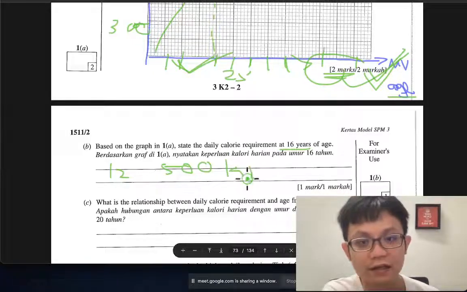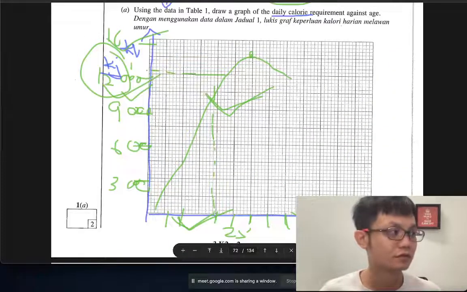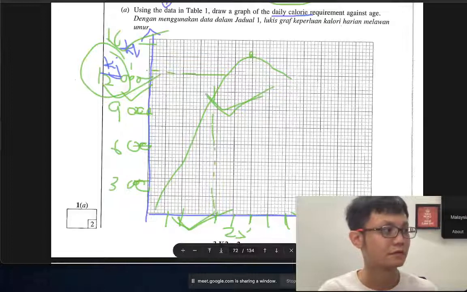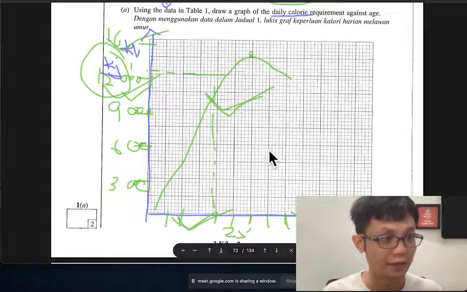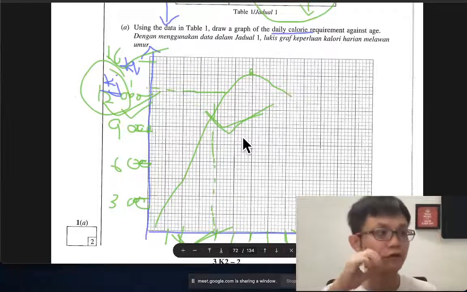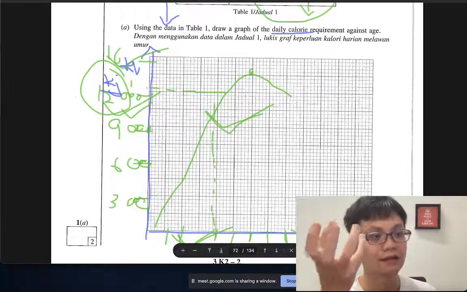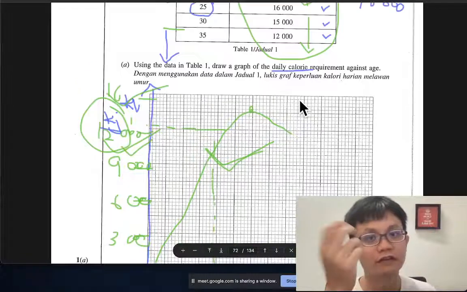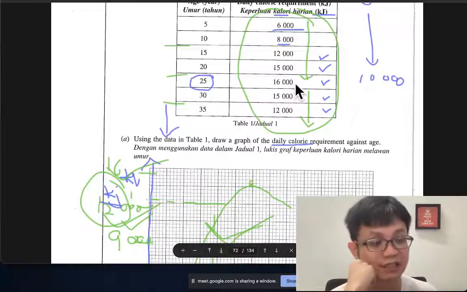Kilojoule. How to calculate the kilojoule? How do I know how many kilojoules the food has? The device is called the food calorie meter. They put the food in the calorie meter and burn it and see how much heat it produces. They will be able to calculate the heat. The heat will be the calorie. So of course you can burn vegetable, which produces less heat, which is less calorie.